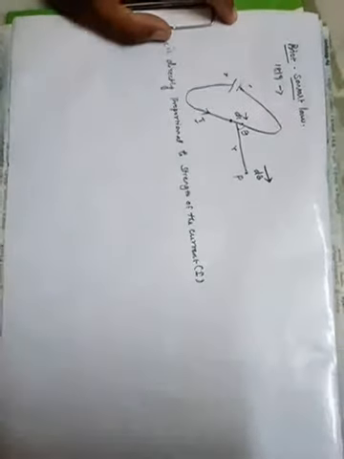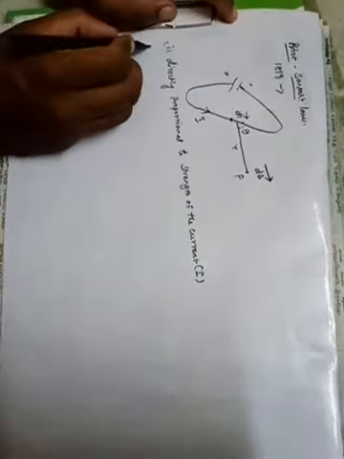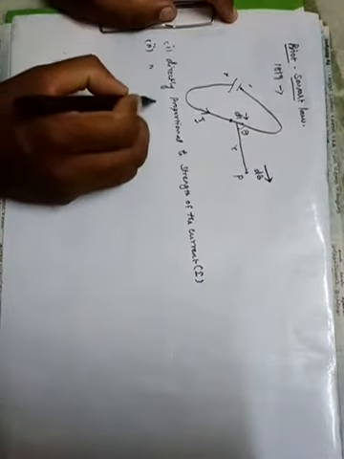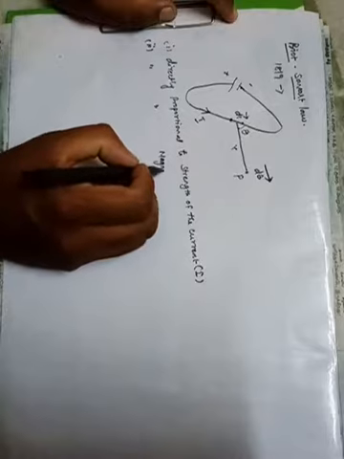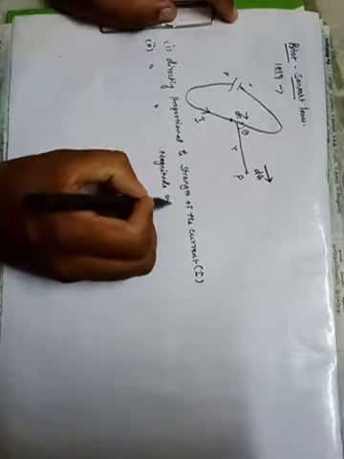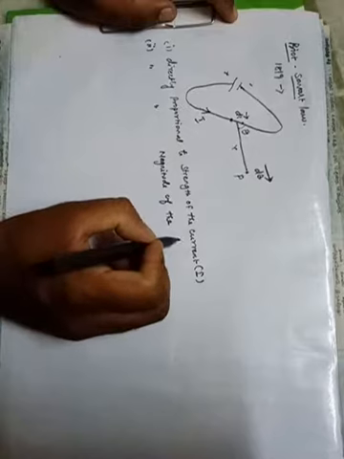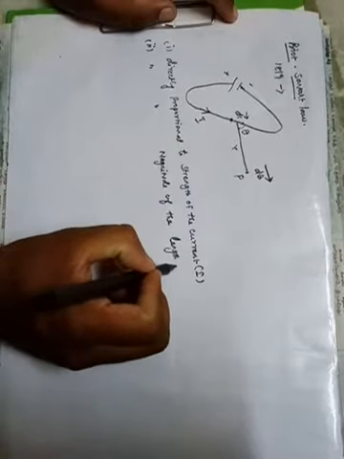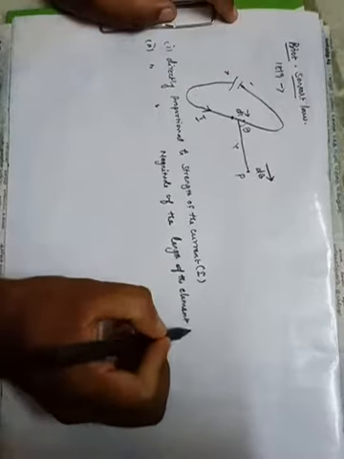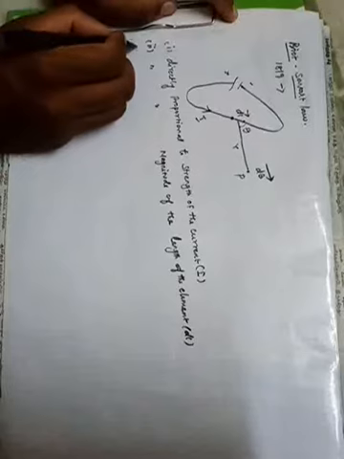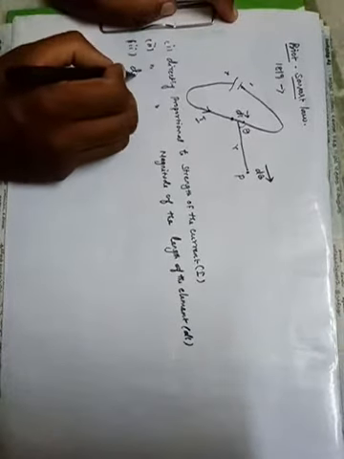The strength of the current is noted by the letter I, and it is also directly proportional to the magnitude of the length of the element, noted as dl,